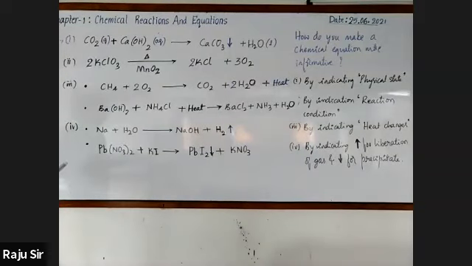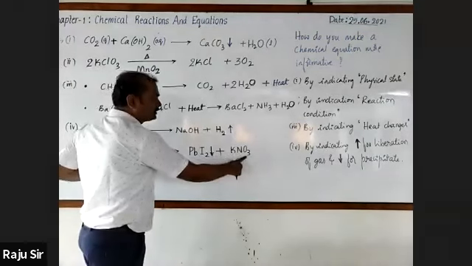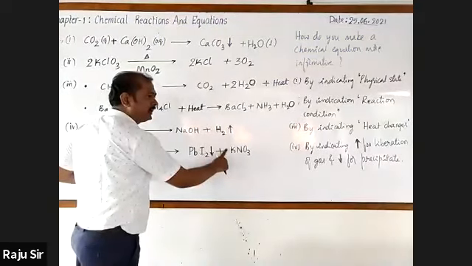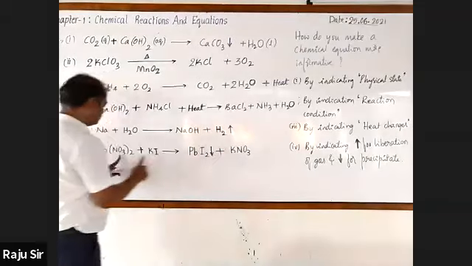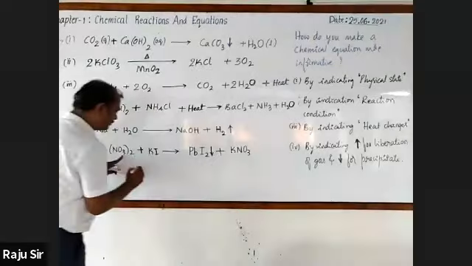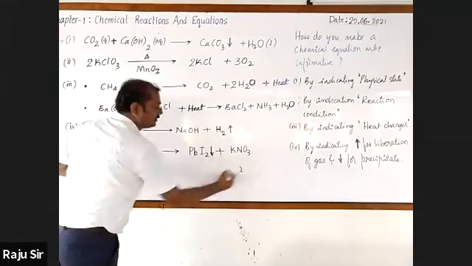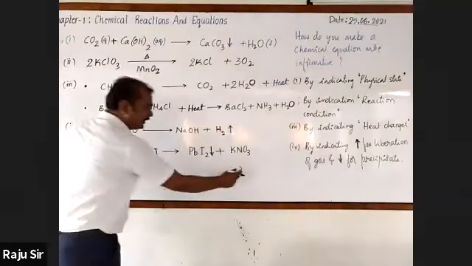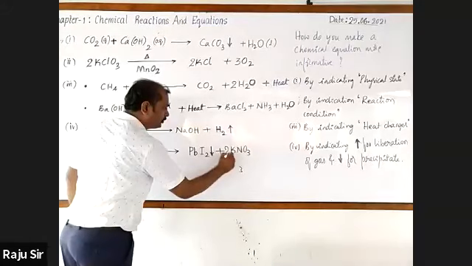You may go for balancing it. See that here, oxygen has the maximum number of atoms. Here, 2 3s are 6 atoms. Oxygen, 3 atoms. What should be multiplied here? Here 6 atoms, there 3. How do you balance 6 and 3? By multiplying this by 2.